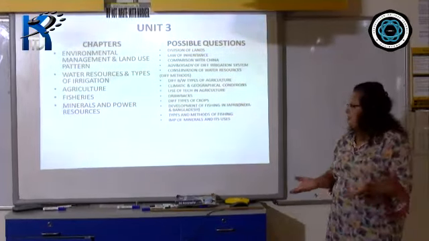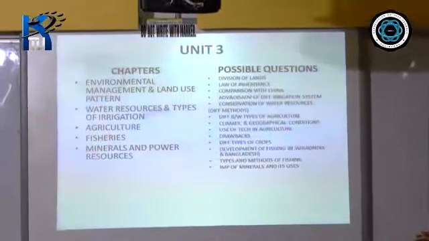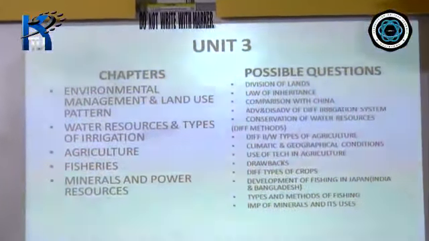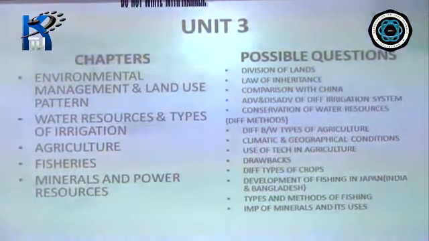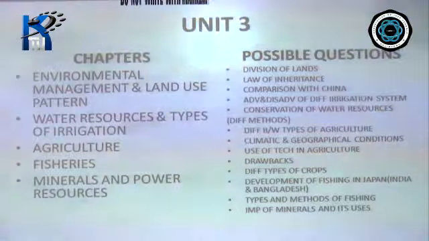So those are the steps that are being taken. Then you come to the next chapter, fisheries. Under fisheries, you have to remember a few things like fishing in Japan. What are the factors that make Japan the leading producer of fish in the world? There are several points, at least 4 to 5 points that have to be remembered,